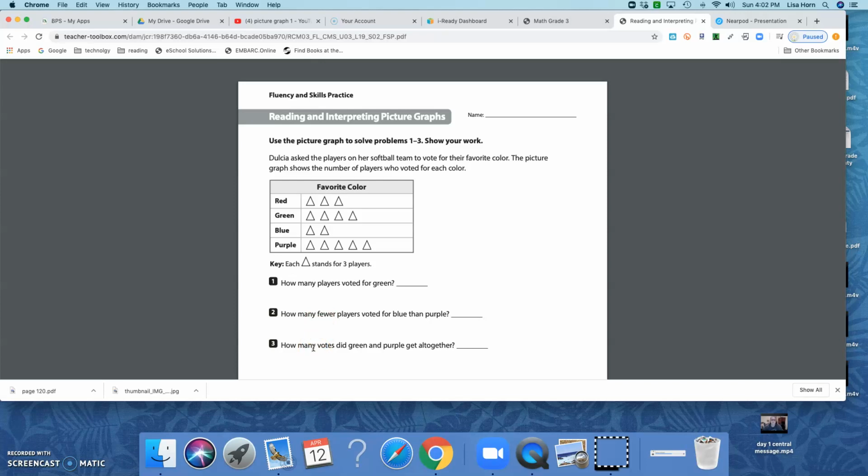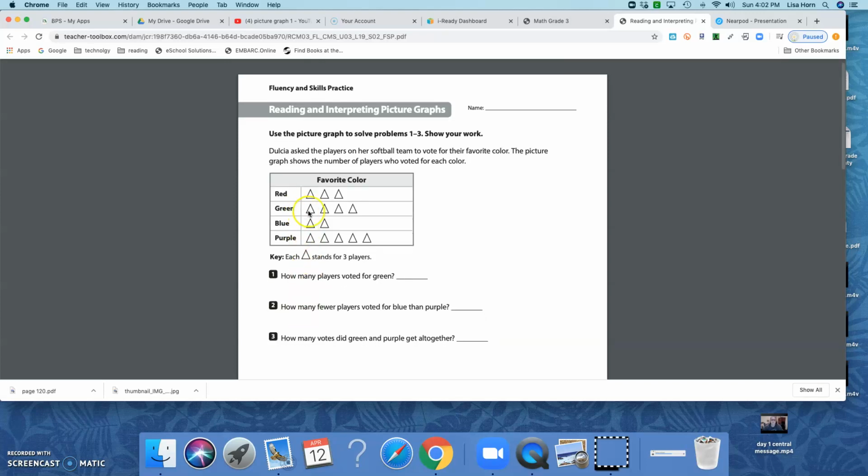All right, number 3. How many votes did green and purple get all together? Let's see, green is here. 1, 2, 3, 4. So 4 times 3 is 12. And purple, well, we know purple was 15 from our last question. So how many votes did green